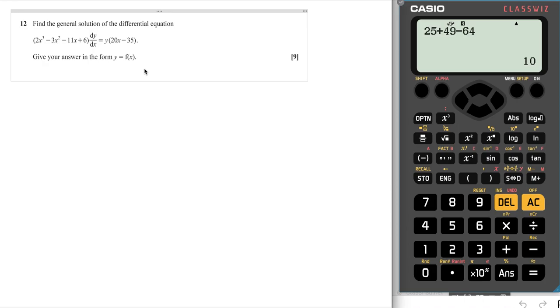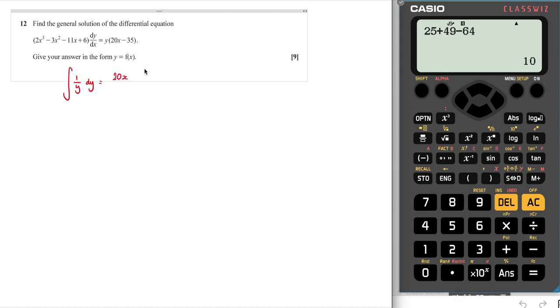We are, just what I need. A nice differential equation to finish off. Right, find the general solution of the differential equation. Give your answer in the form y equals f of x. So we're going to do this by separation of variables, because it's the only thing you can do in A-level maths to solve a differential equation. So it means I'm going to get everything with a y onto the left-hand side and everything without a y onto the other side. It means I'm going to have 1 over y dy, and integrate that, is equal to